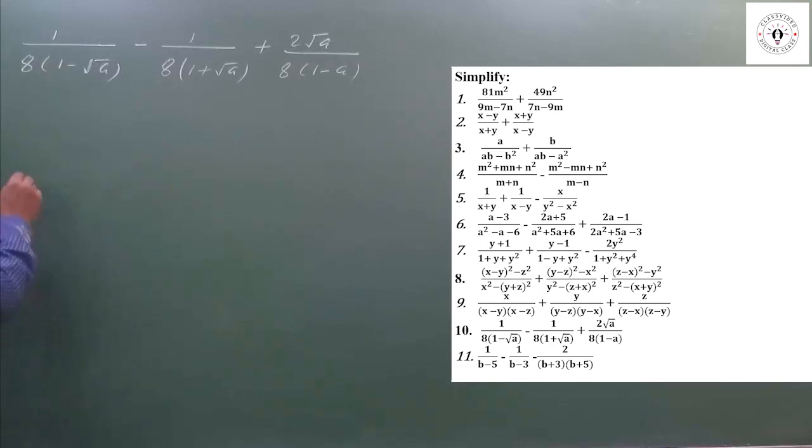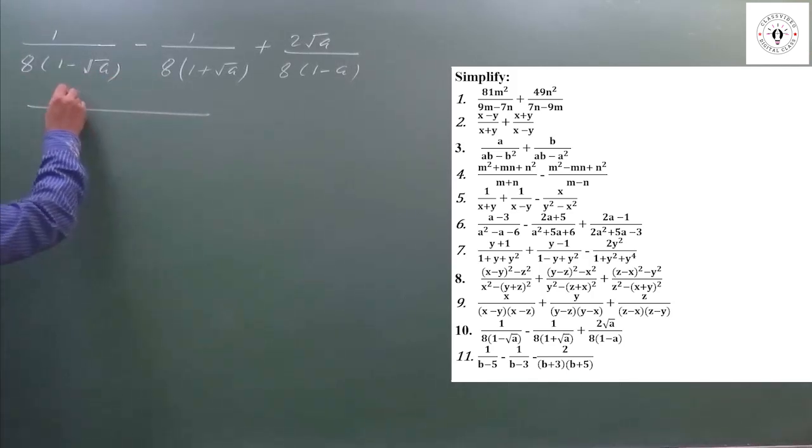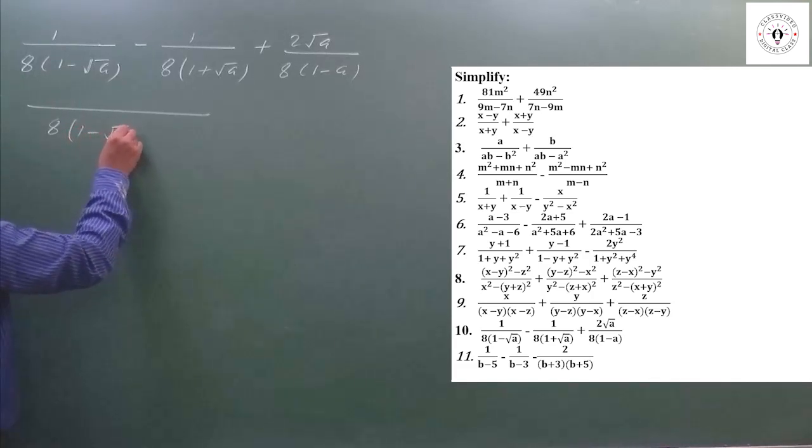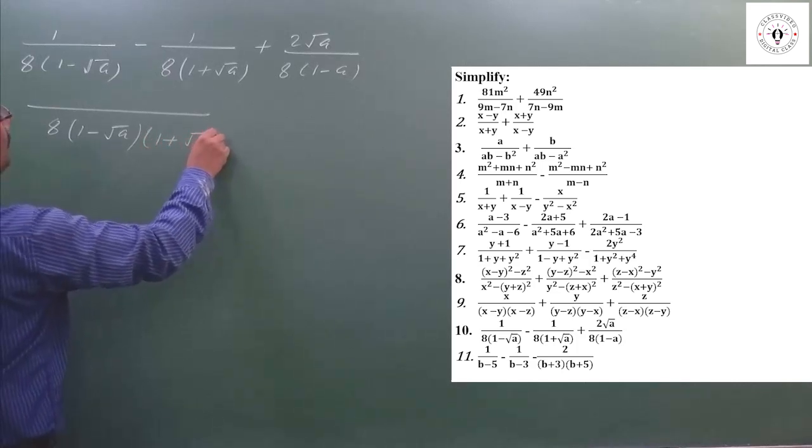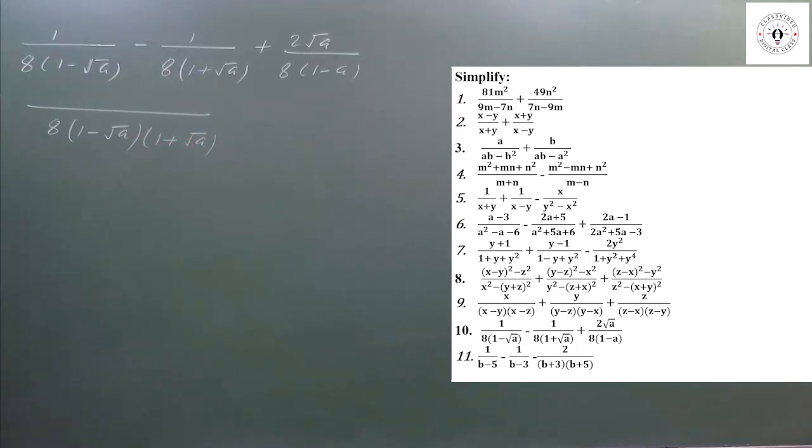So firstly, I'm taking the LCM of first two denominators. And LCM means, you know, common factor into remaining factor. So what is the common factor? 8. And remaining factor in first denominator is 1 minus root a. Remaining factor in second denominator is 1 plus root a. Now which factor is not here from the LCM? Check here. 1 plus root a. So this 1 should be multiplied by 1 plus root a. So 1 plus root a ones are 1 plus root a minus